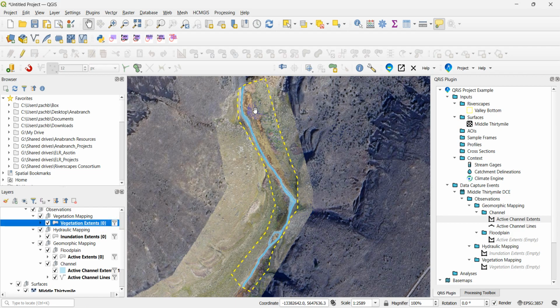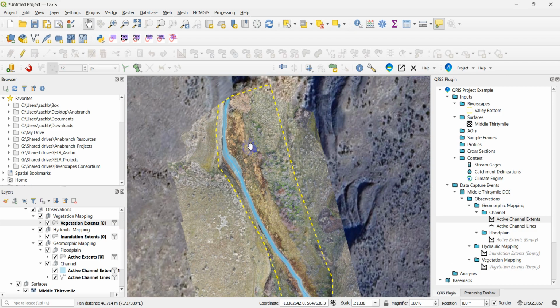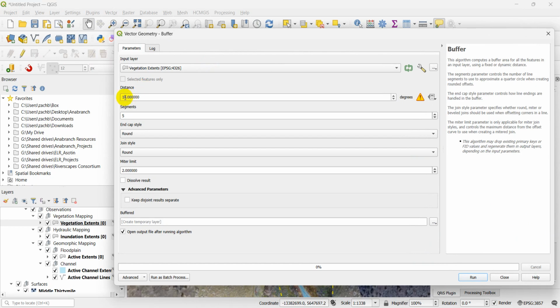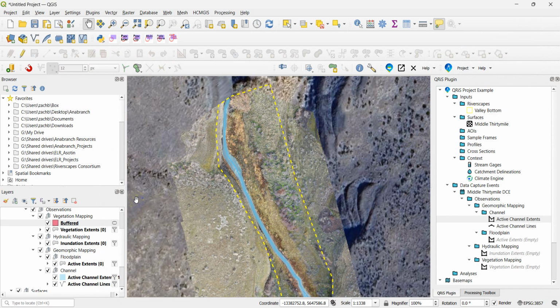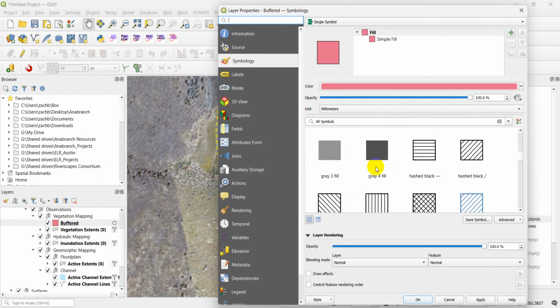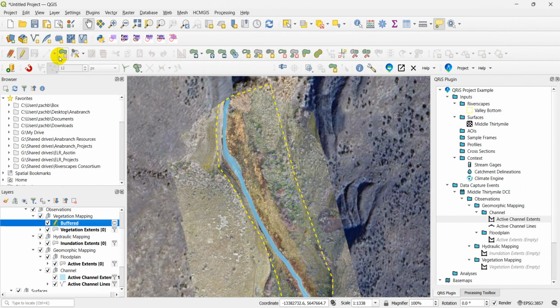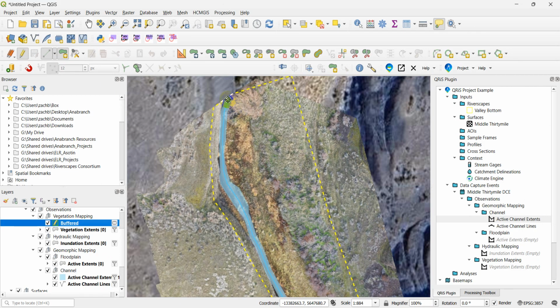Next, we are going to digitize the riparian vegetation. And so I'm going to create a temporary layer of the vegetation extents to treat as sort of my working copy before I import into QRiS. I will change the symbology to have no fill and just an outline. We'll turn on editing, and now I'm going to select the add polygon feature and digitize the riparian vegetation, which